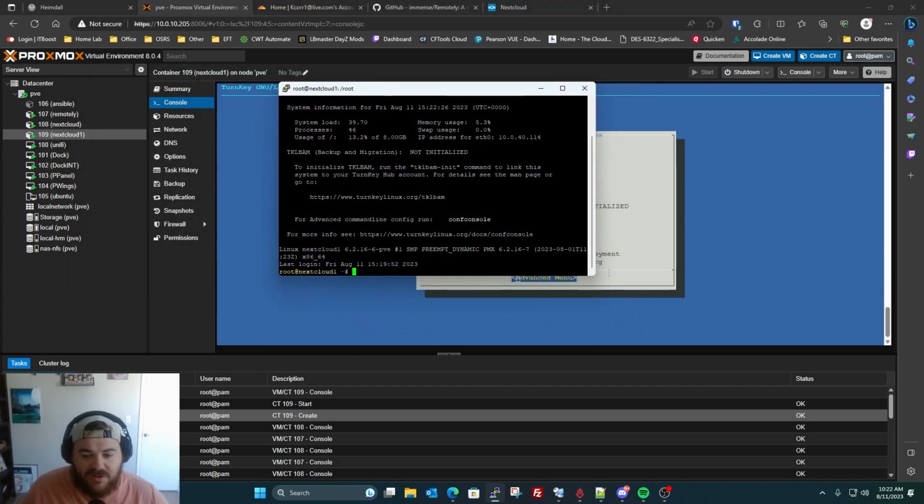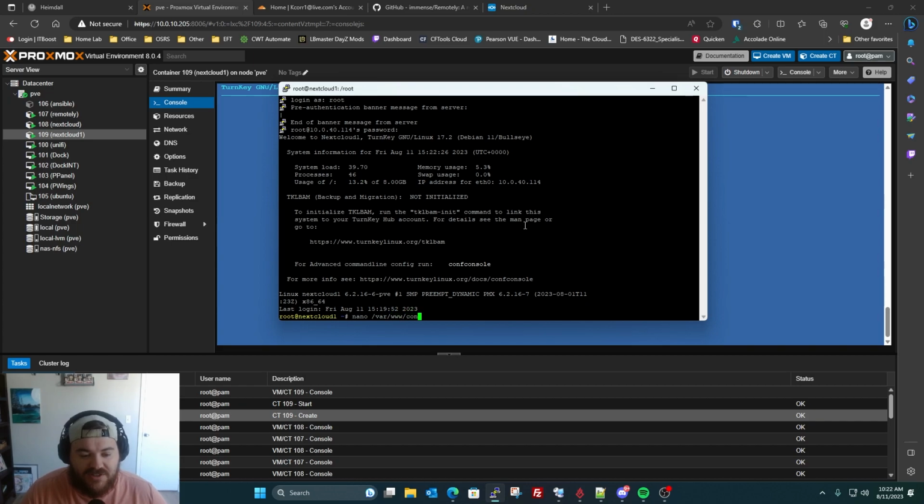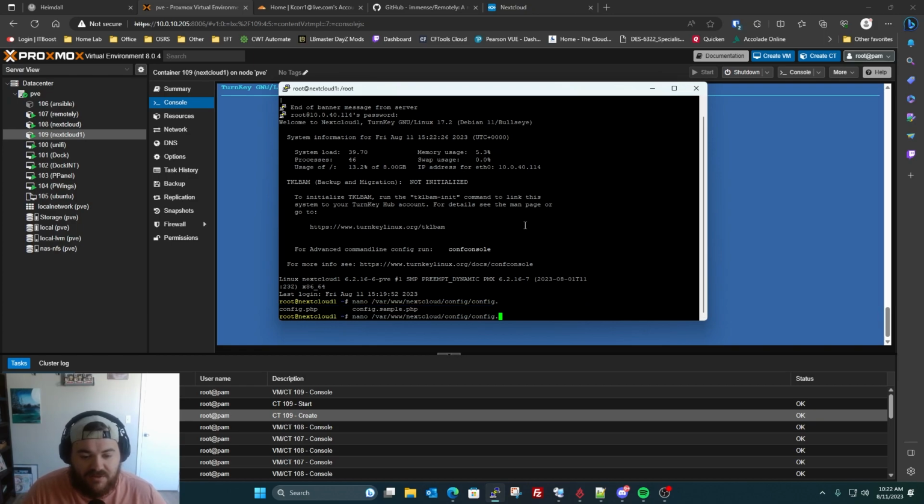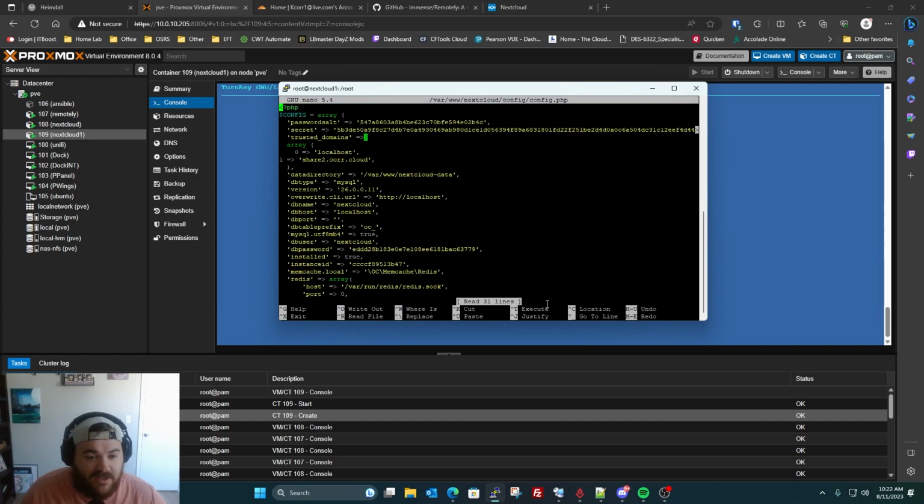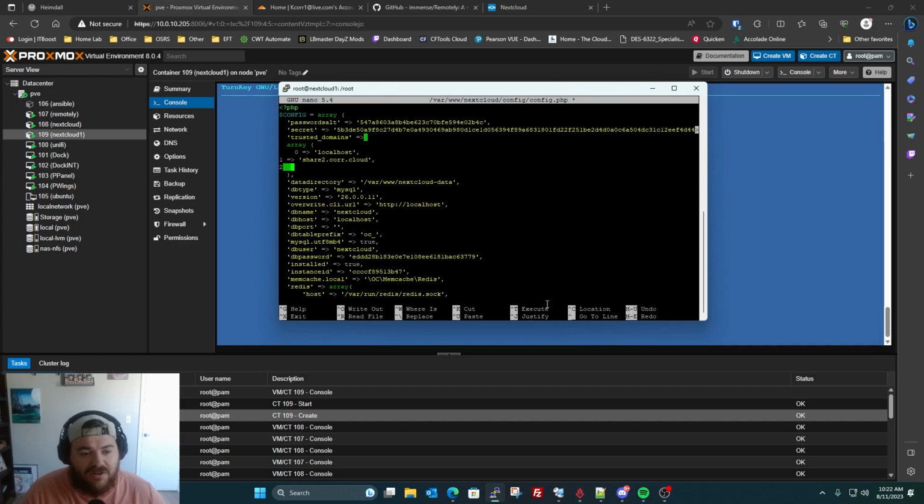And here we are. So you're going to want to go into your config, which is located in /var/www/nextcloud/config/config.php. Inside of this config, you'll see the trusted domain section here, and you'll see that it includes just your, or in my case, my share2.core.cloud. So we're going to add another array